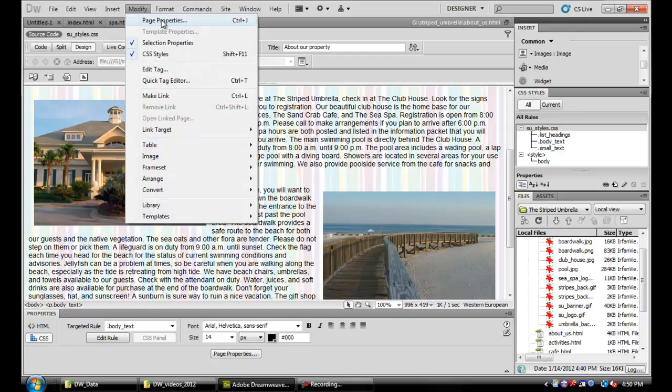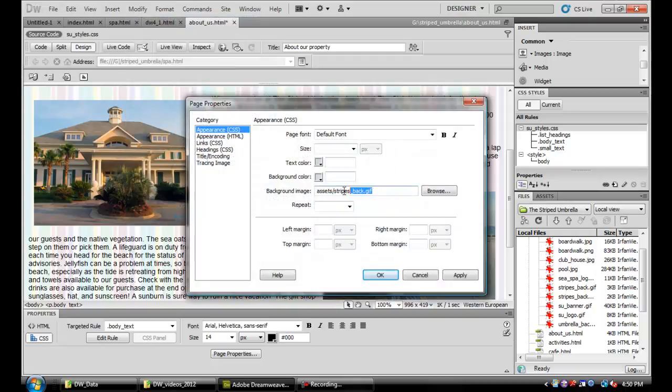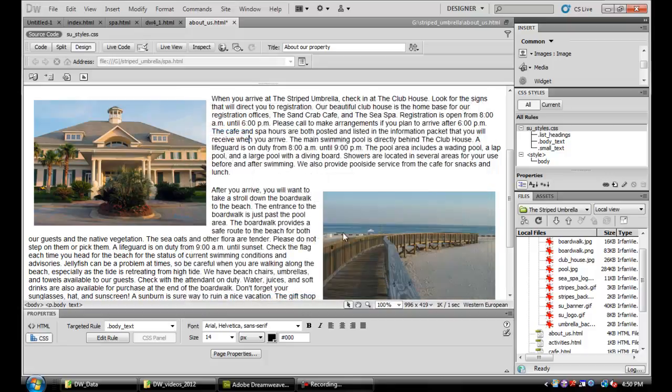To get rid of the image, go back to the page properties and actually delete that background image. There are some neat things you can do with cascading style sheets that we'll get into in later chapters as far as images for backgrounds. But what they want us to do now is demonstrate that over here in the files of your website, if you have files you don't need, it's a good idea to get rid of them. So I don't want to use that stripes background image, so I'm going to click on it and hit my delete key